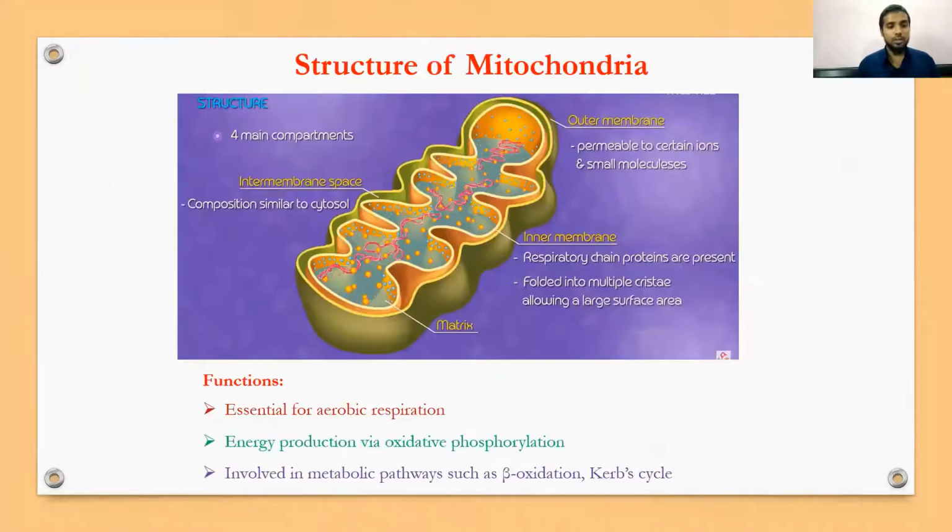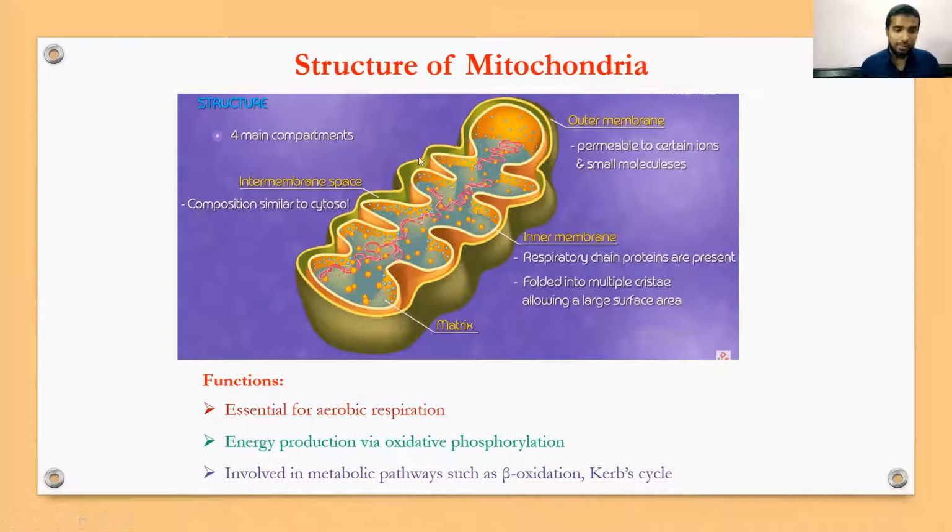Moving on to the structure of mitochondria. Mitochondria is called the powerhouse of the cell, whether it be a plant cell, animal, or any organism. They are responsible for generating a large amount of ATP that is required for our body to work, as we need energy that is provided by ATP. Well, let us see the structure of a mitochondria.